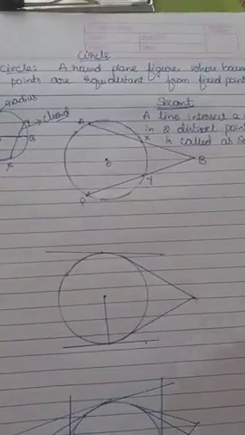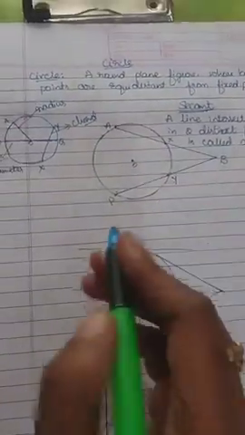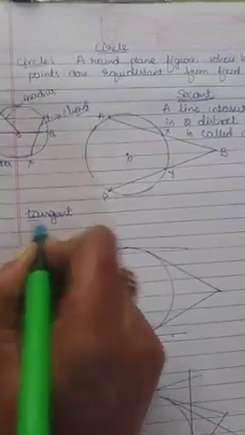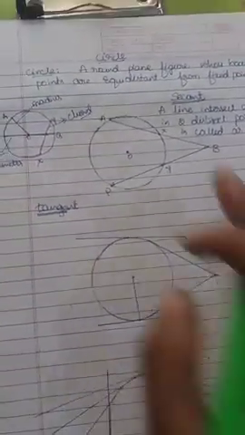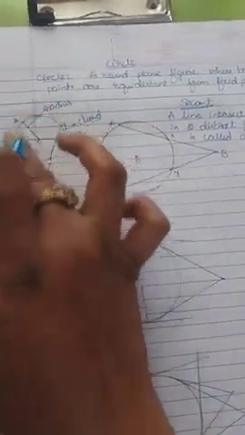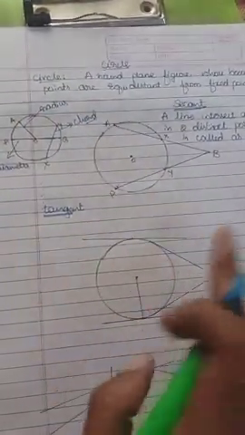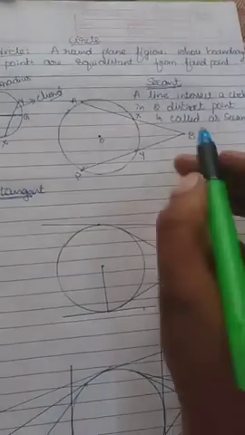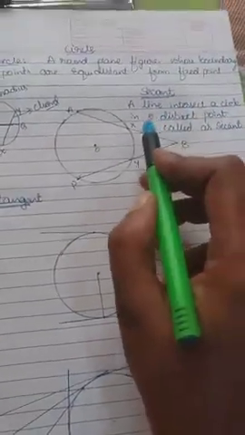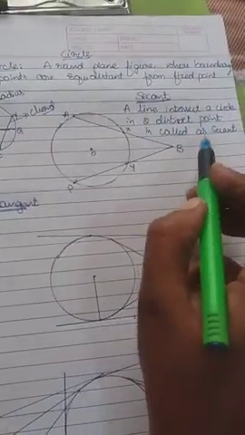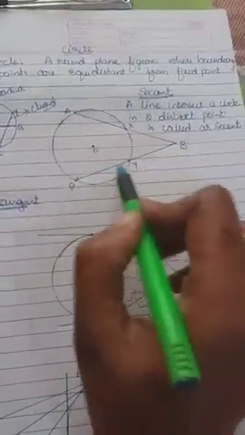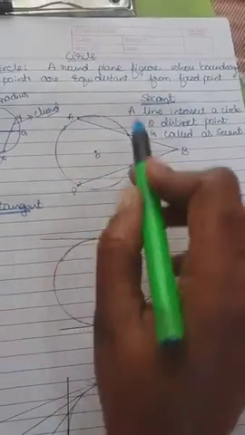Next we have to move on to the tangent. So what is a tangent? You have to note down the definitions in your classwork. Circle, you know already, so it is not necessary to note down, but secant and tangent are important definitions you have to note down. What is a secant? A line that intersects a circle in two distinct points is called a secant. It is better to draw the diagram with a pencil. You have to draw all the geometrical figures or diagrams in pencil only.